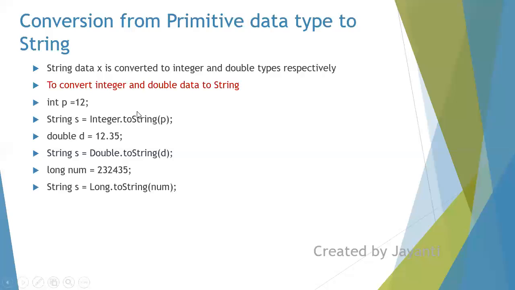Notice that the S is uppercase here. So Integer.toString will be converting into string. Similarly, Double also has the same function toString, and Long also has the same. Float also has it. So we are only studying about numbers, Integer, Double, Long and Float. Okay, Short and Byte are also there.